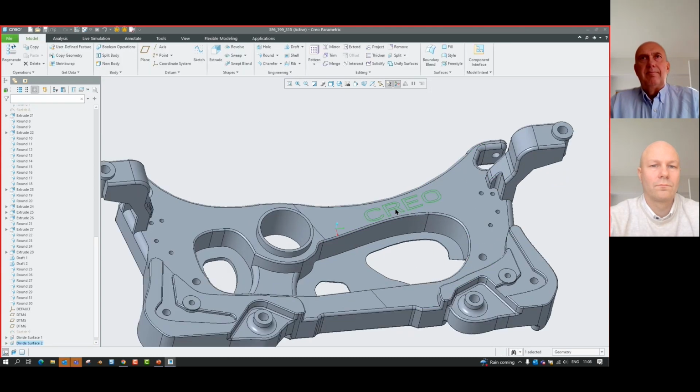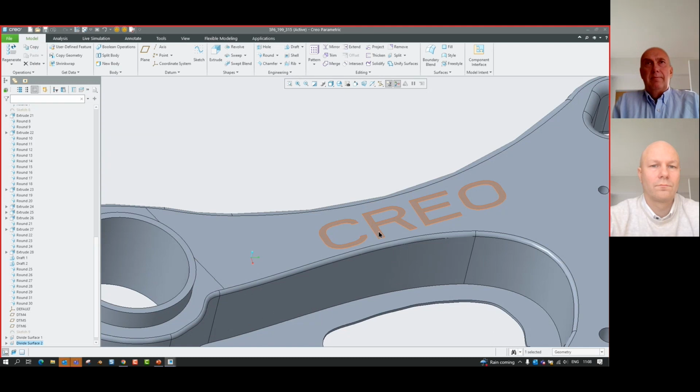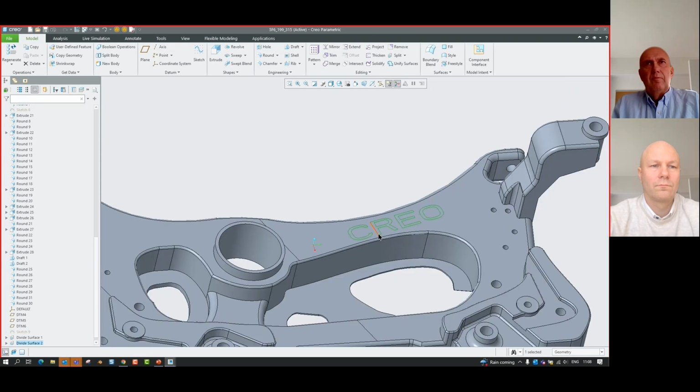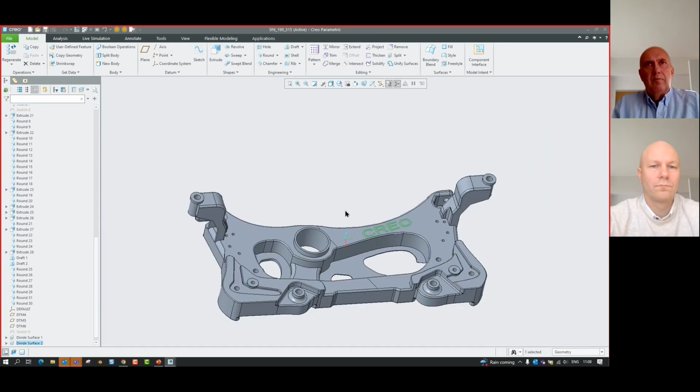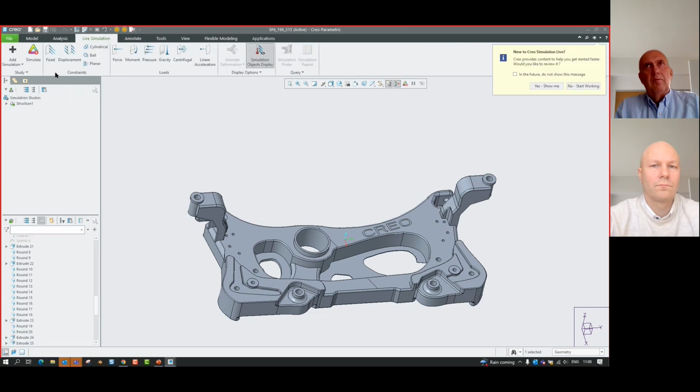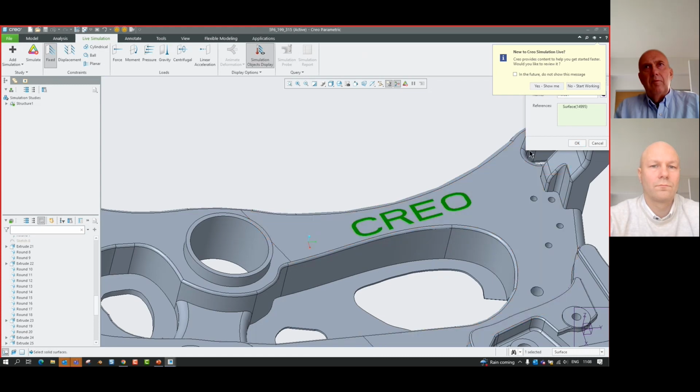And just like that, you can see I've separated this surface region into a new region with its own unique surface ID of F93. And it's these unique surface ID references that allow us to perform expanded capability in Creo 9. So I mentioned one of those areas was Creo Simulation Live and generative design, as I can now assign fixed constraints and loads on defined areas just like that.